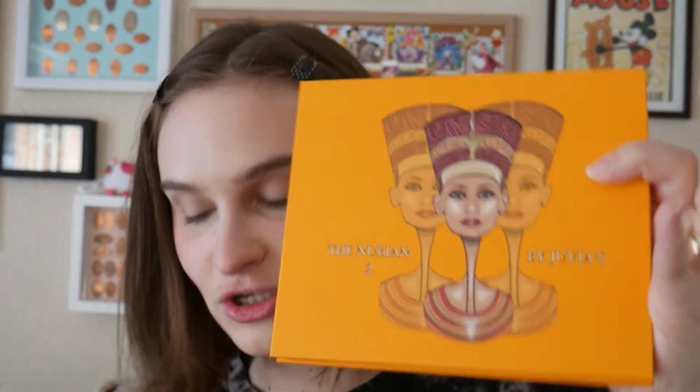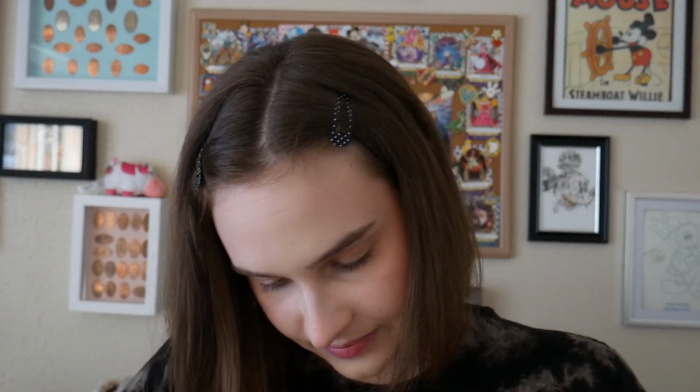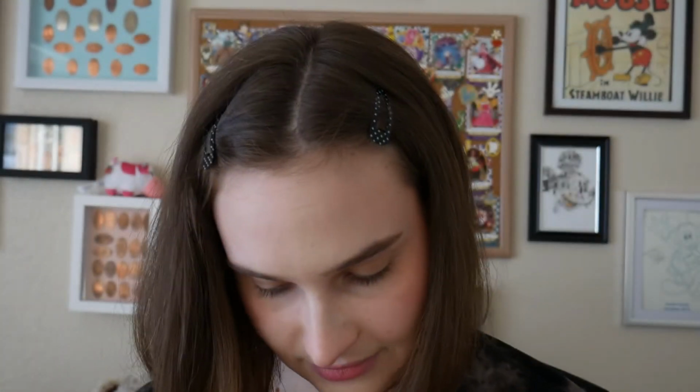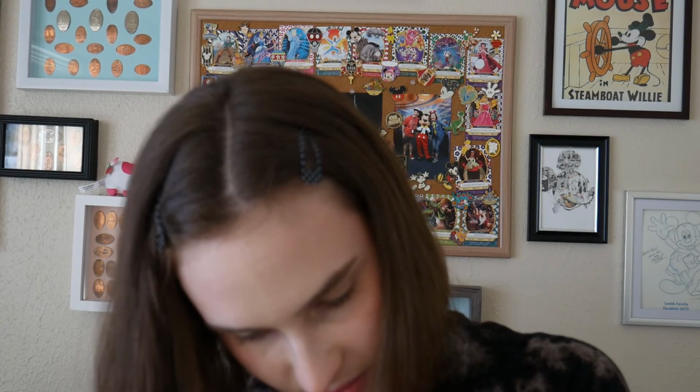So now we have the Nubian 2, which even though this is a larger palette, it's still just 12 pans, and I rolled a 3 again. So let us see what we get. 1, 2, 3. The shade is called Sheba, as in the Queen of Sheba. Again, this one also looks more shimmery in the pan than it does swatched. Also, my lighting in here is just not that good, so that's probably factoring into the lack of shimmery and